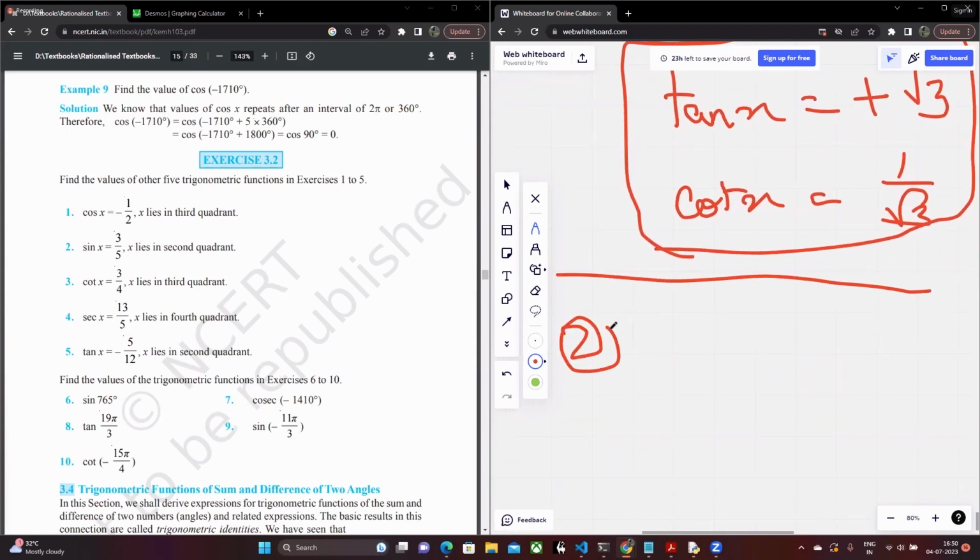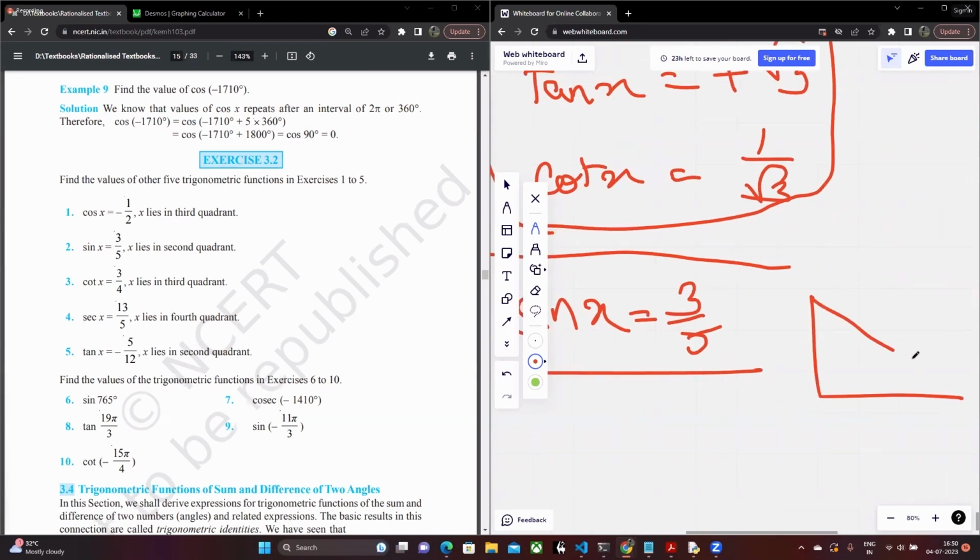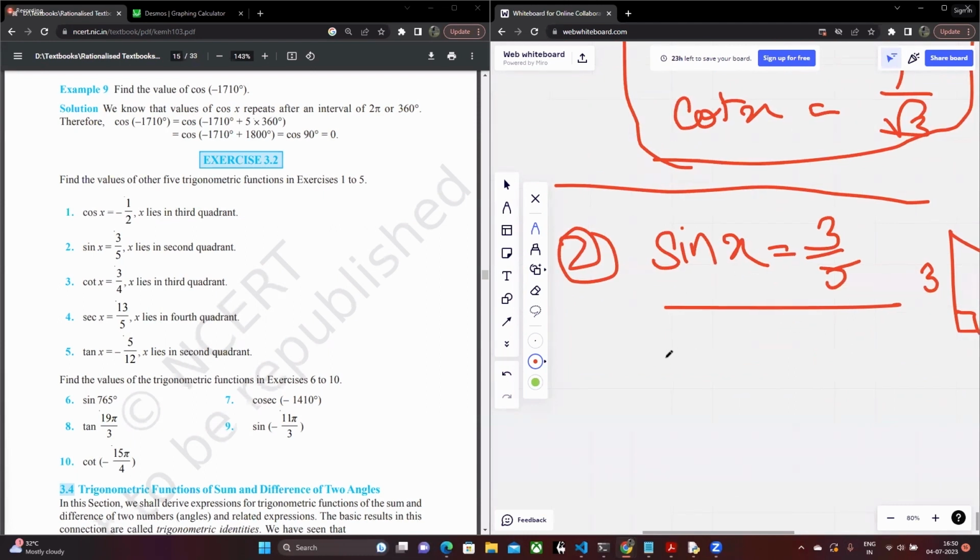Question number 2. You have sin x being 3 by 5 and x lies in the second quadrant. 3 by 5 is a special angle. If you draw the triangle, taking this to be the angle x, and this to be the 90-degree angle, sine of x is going to be 3 by 5. That means that this side is going to be 4. 3, 4, and 5 make a Pythagorean triplet. So if sine x is 3 by 5, then cos x is basically equal to 4 by 5,